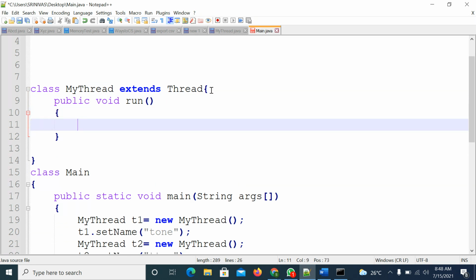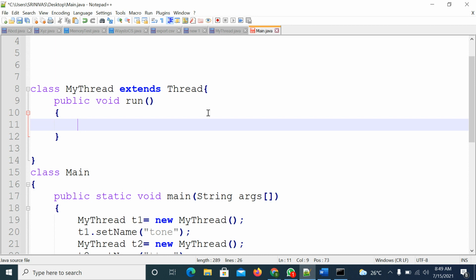Inside the run method, we are planning to use synchronized methods. So I will create one class, add one method in it, and try to call that method by using these two threads.